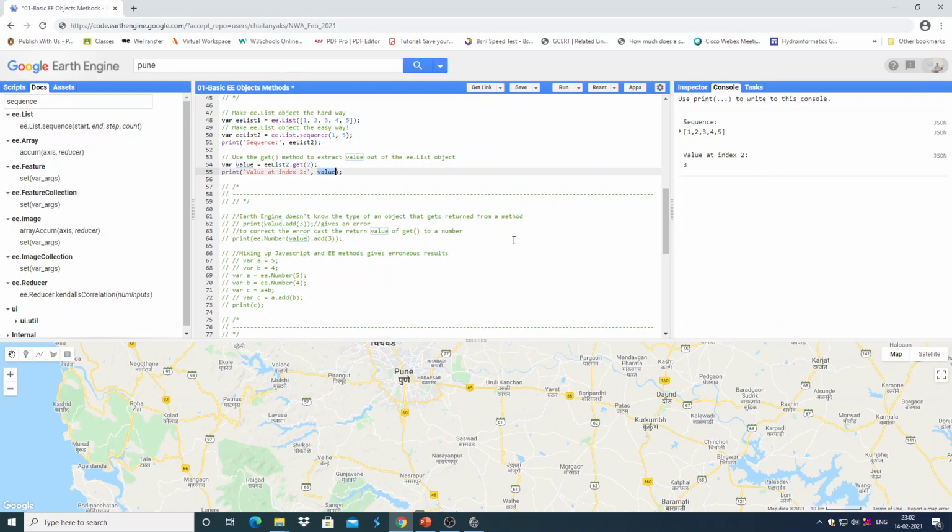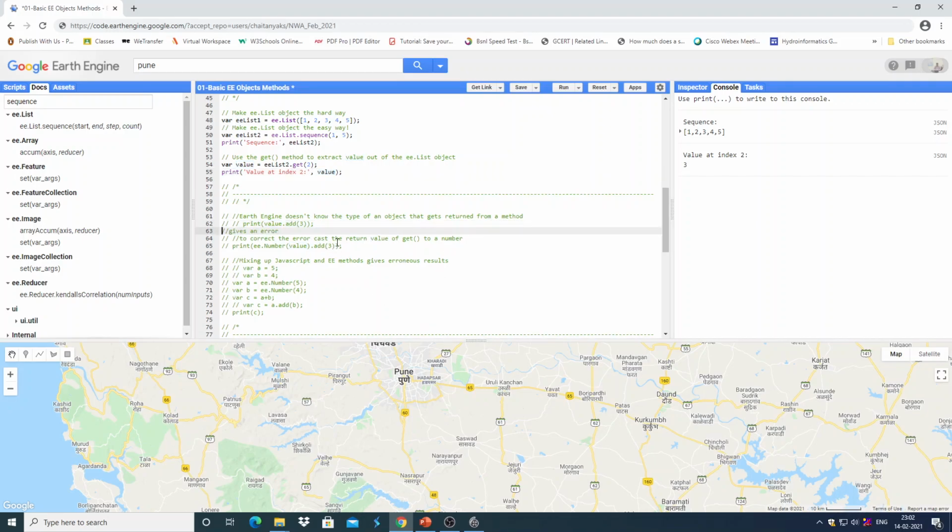Earth Engine itself doesn't know, and for that reason, even if you are making use of an Earth Engine method to add 3 to this value, it gives an error.